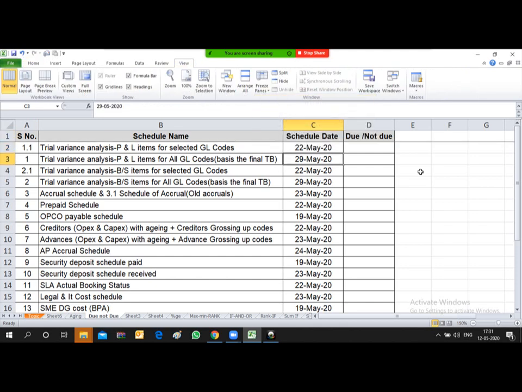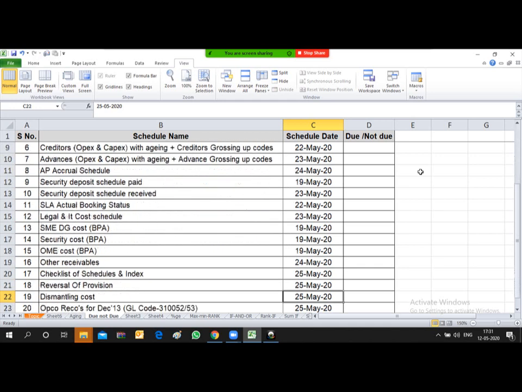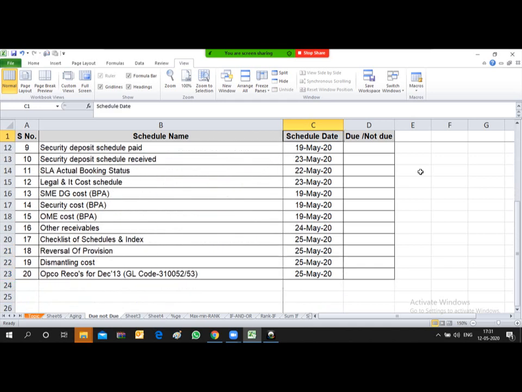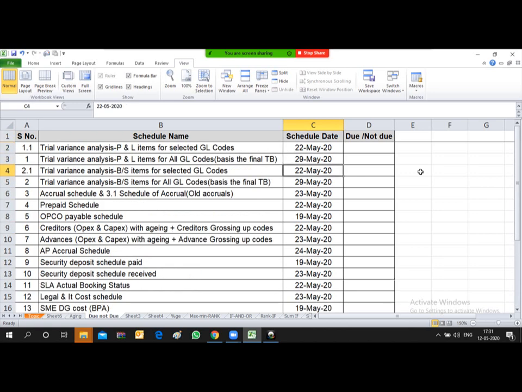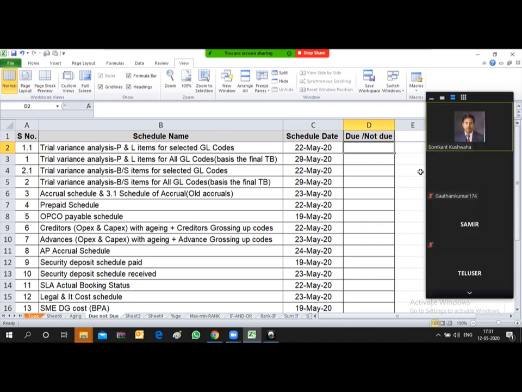They have provided a due date over here, like 22nd May, 29th May of this month, and so on. These are the due dates provided to submit each report. How can I know that a particular report has become due once I open my file?